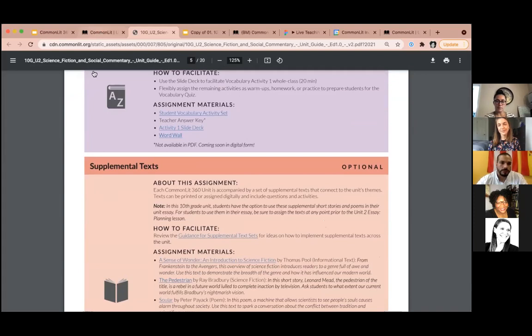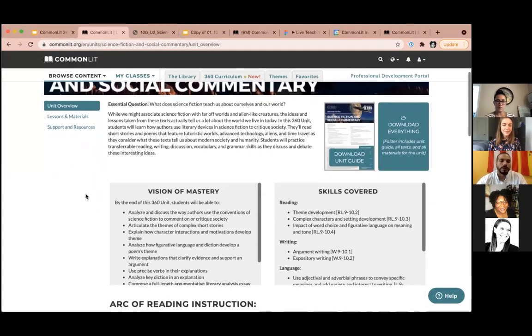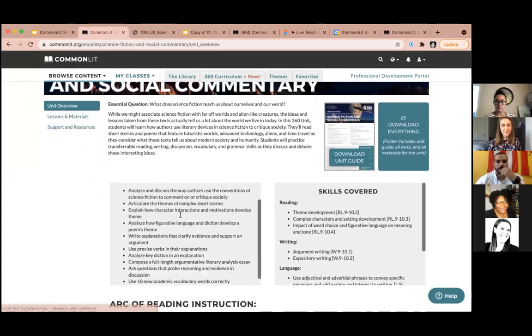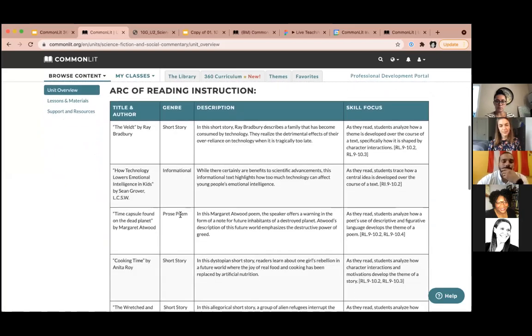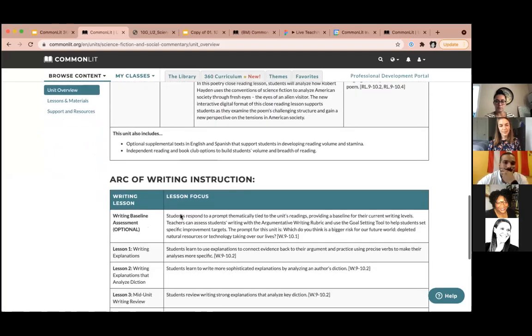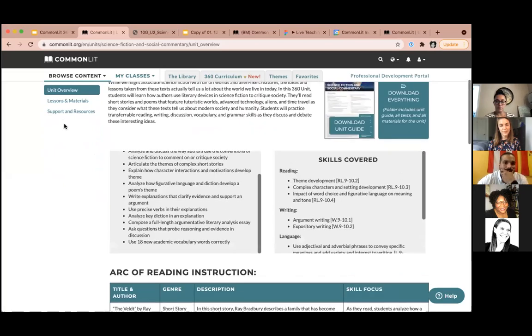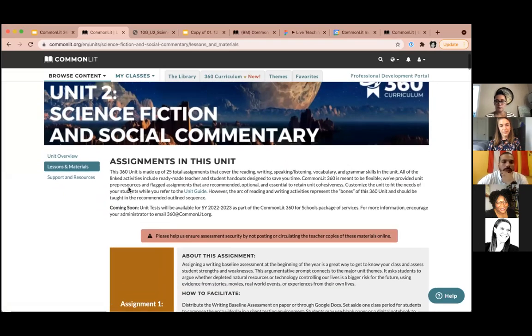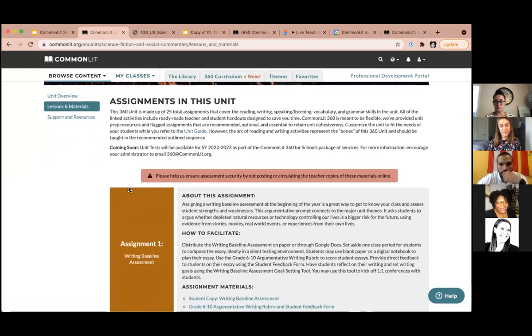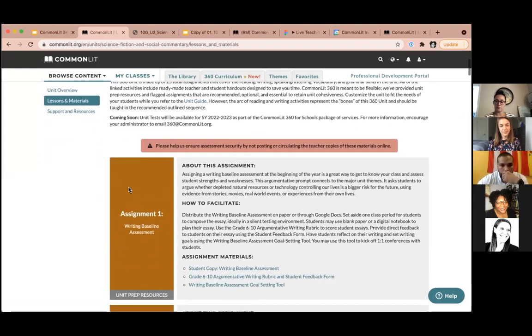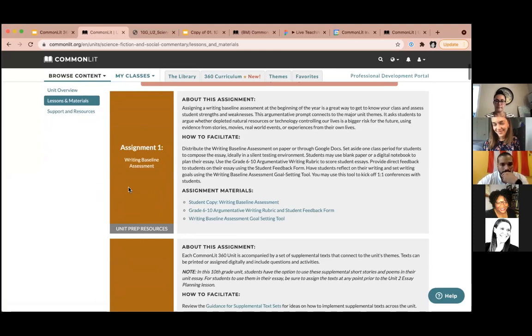So as we move back to that materials page, I also wanted to share with you, additionally on this page, those same resources are there. So teachers have multiple ways to understand what's happening in a unit. Let's look at the lesson and materials tab. I alluded to this earlier, but I just want to take another moment to share the joy and excitement about how readily accessible the materials are with CommonLit 360.